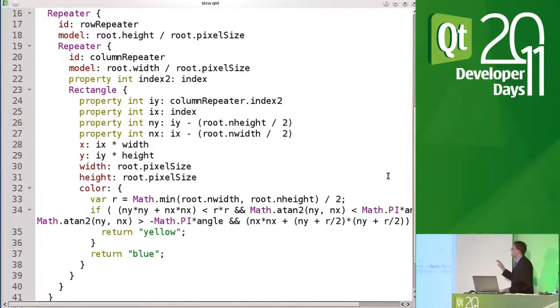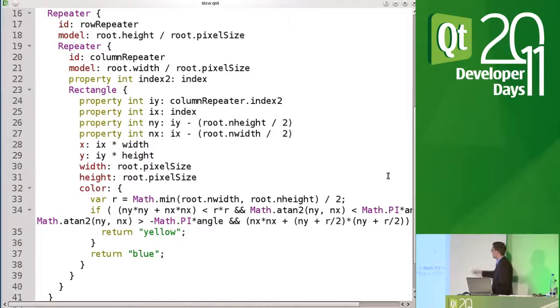So it will create lots of small rectangles in a grid. So we have 1 repeater for the lines and 1 repeater for each column. So we iterate over each cell in the grid and create rectangles for that. And we calculate the color based on the function down here. And it's still rendering. So if we look up here,